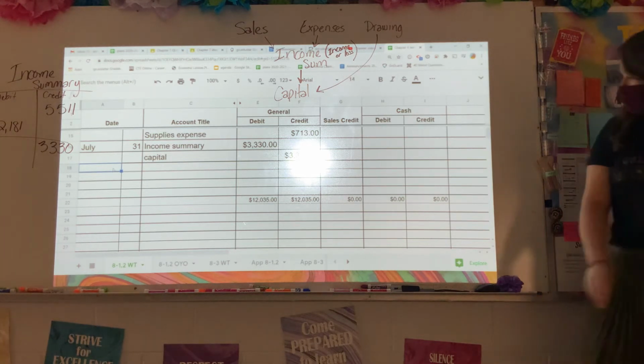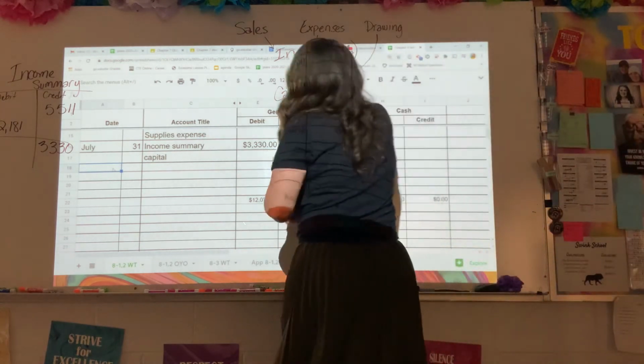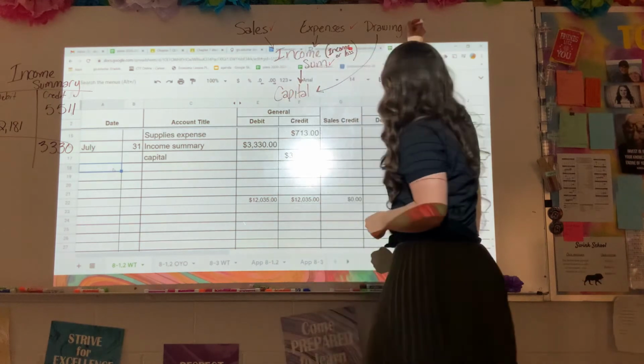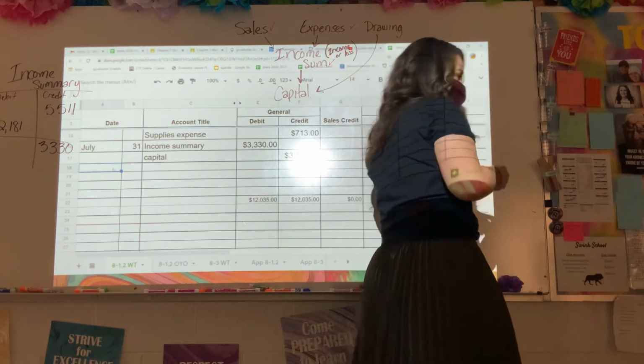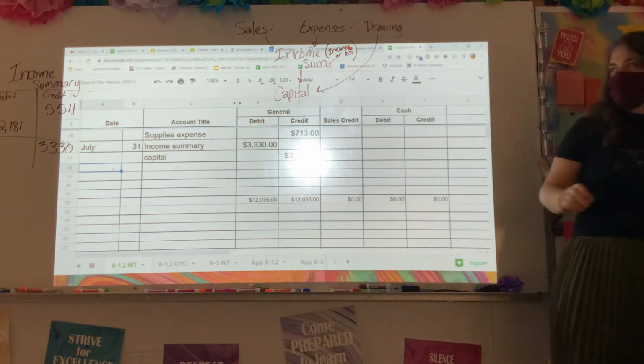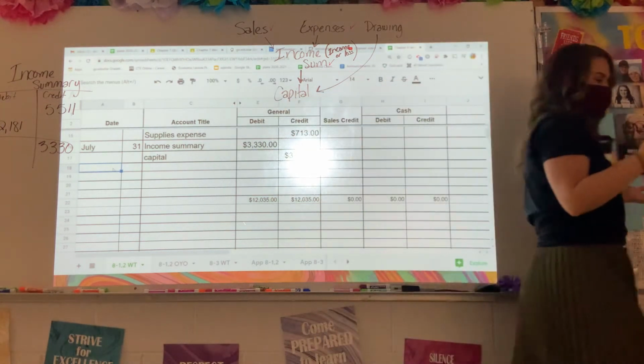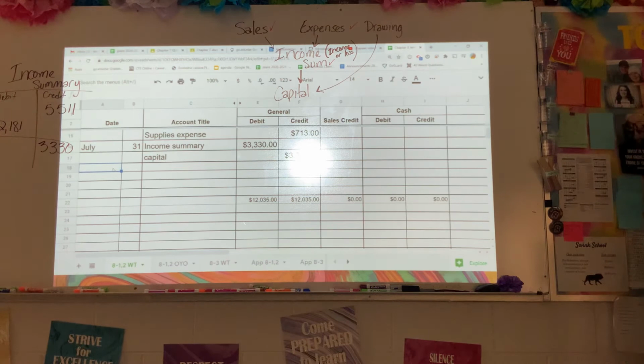So all of these are done. Check, check, check. The last thing we have to do is close drawing. So drawing normally has a debit nature to it, so we are going to credit it. What is going to be our debit then? Capital. Capital, okay? So on July 31st,